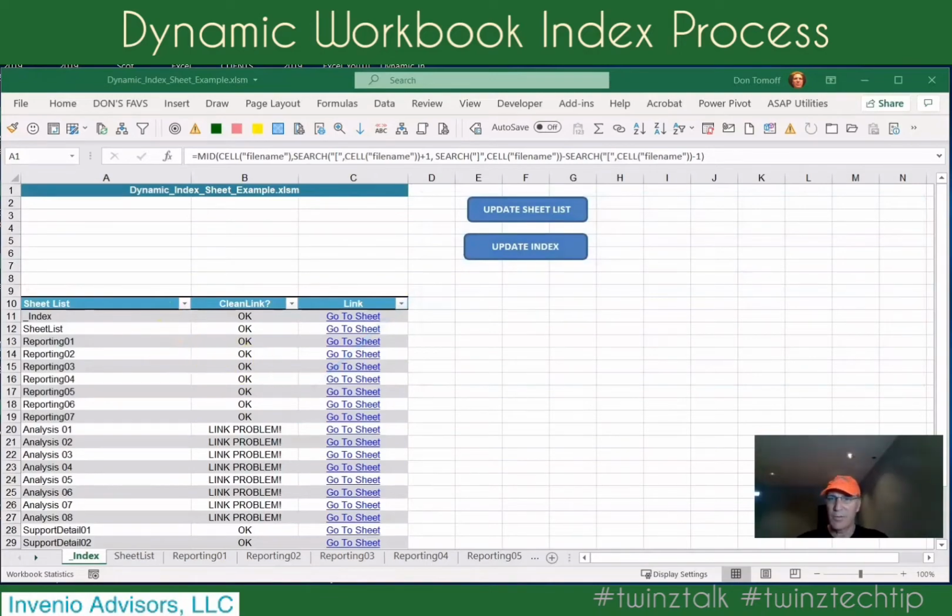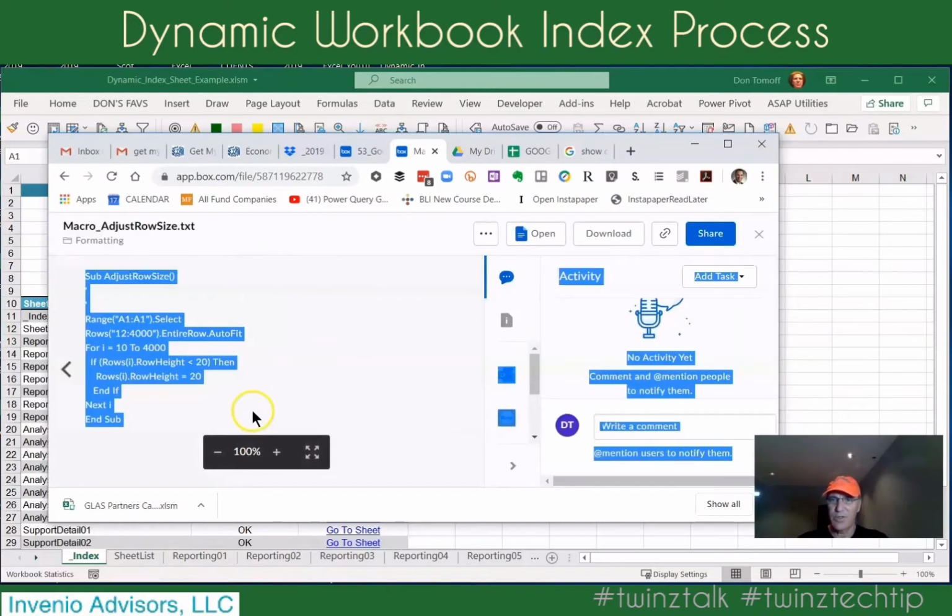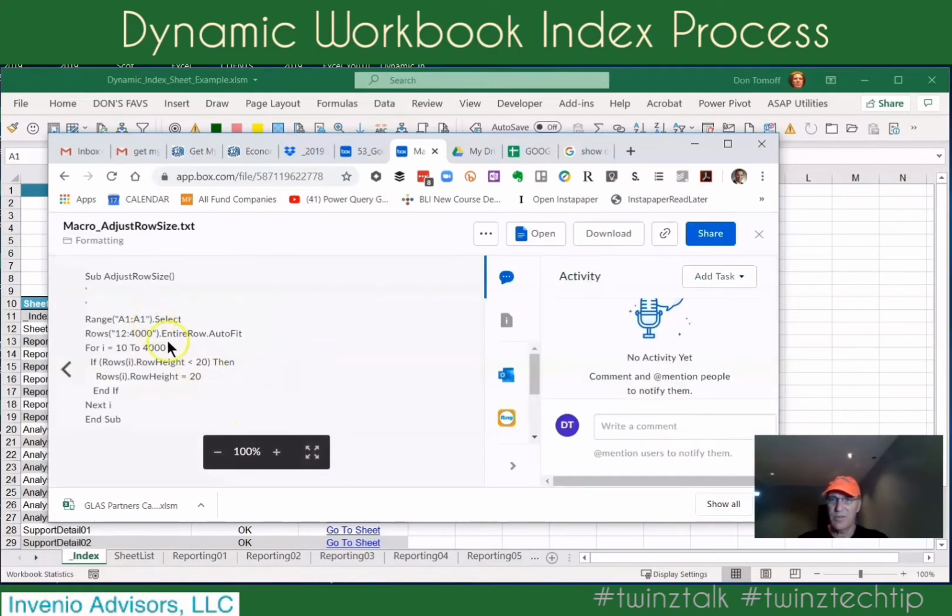So I'm going to come over here and grab this, and you will get a link to this. Adjust row size is the macro. And what this macro does is it goes down, in this case it's row 4000, we'll change that to 400. It says adjust it to fit, or at least have a minimum of a 20 row height. So let's copy this,